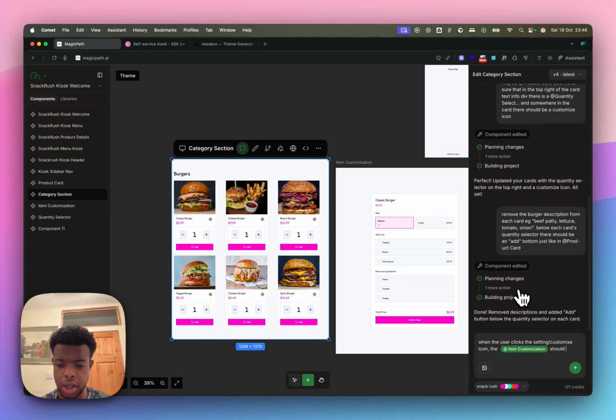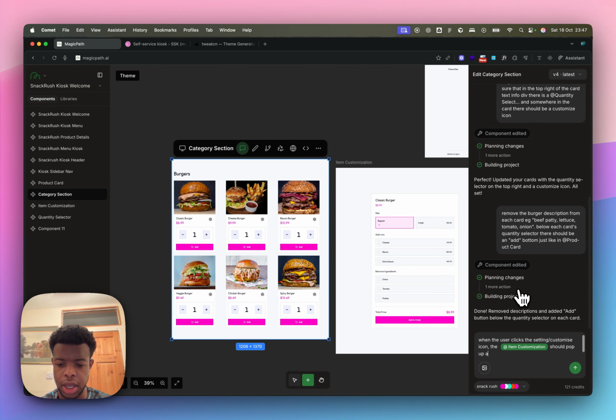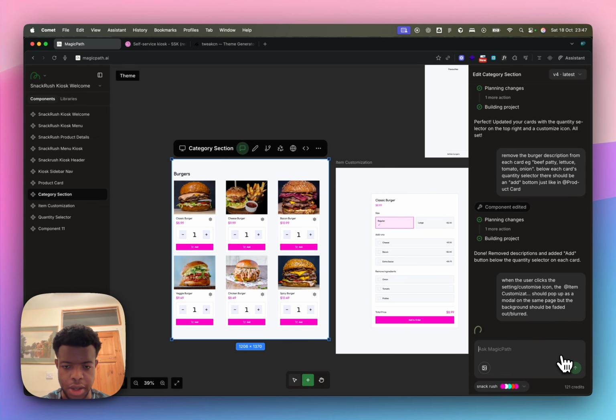So it should pop up as a modal, so it's not going to be a new page, it's just going to be a little card in the middle of the screen. I'm going to say a modal on the same page, but the background should be faded out / blurred. I'm going to enter that,